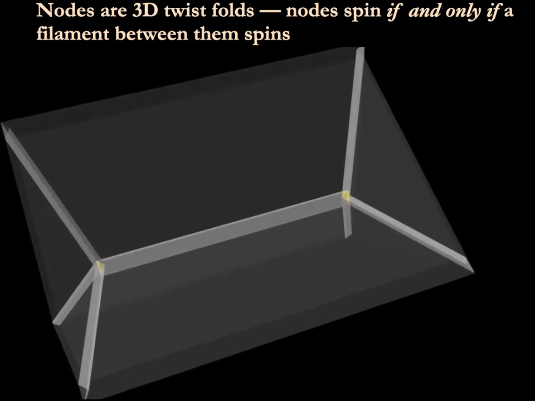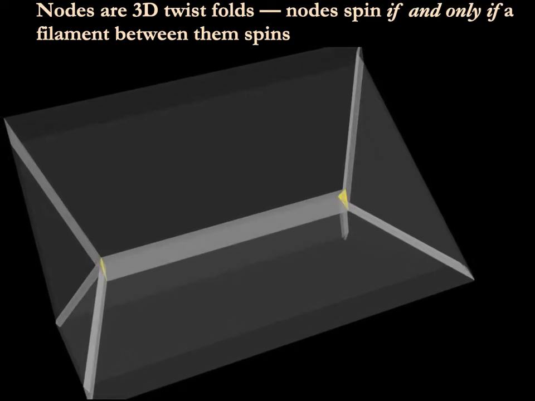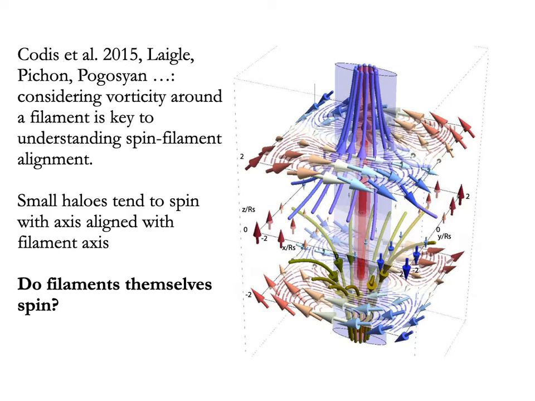In this approximation, nodes spin if and only if the filament joining them is also spinning. Since halos spin, this suggests that filaments do too. Of course, there are other reasons to associate spin with filaments. Halos near filaments tend to have their spin axes aligned or perpendicular to them, depending on the mass. And filament cross-sections show a quadrupolar vorticity pattern,